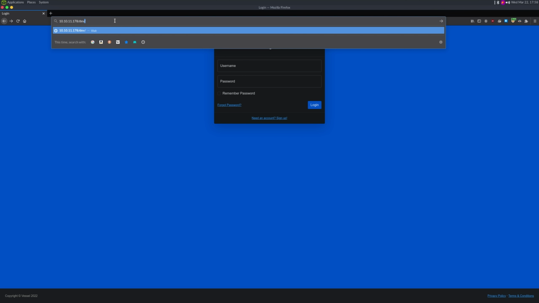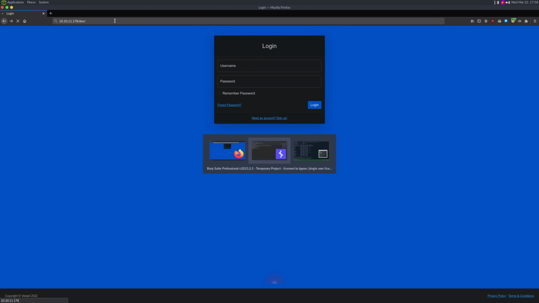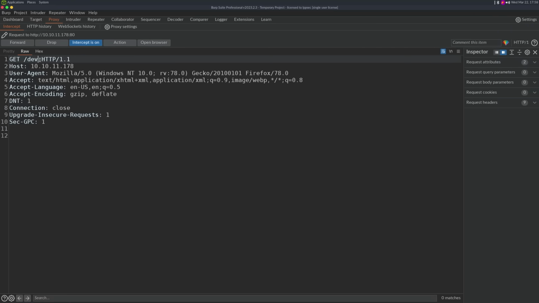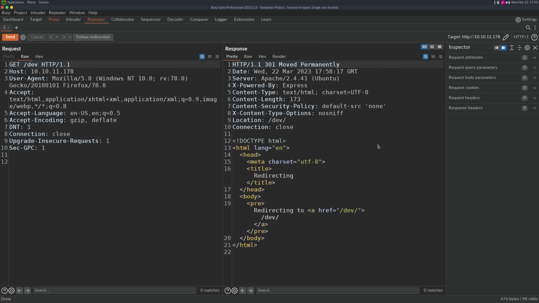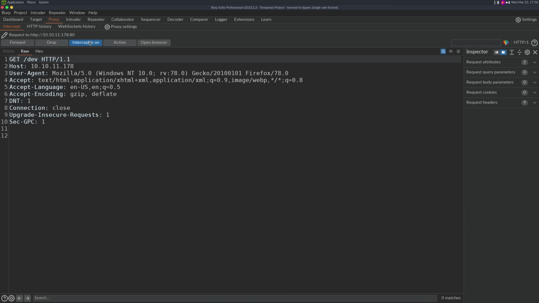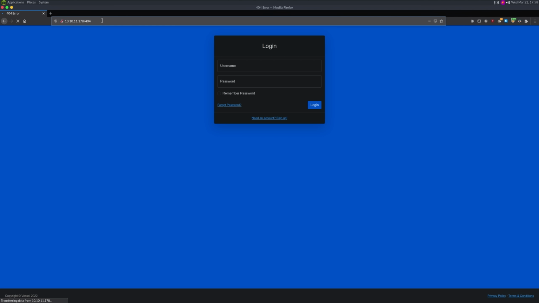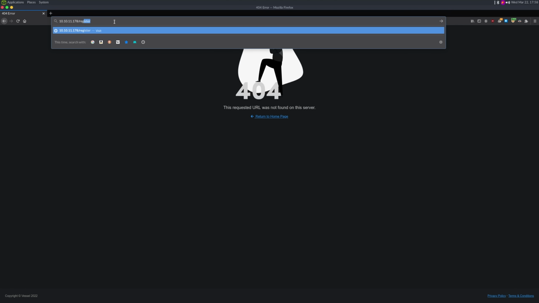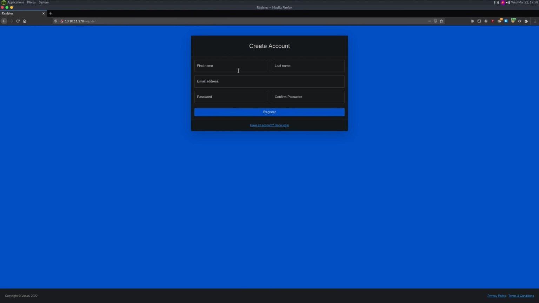If we try to navigate to that, let's go to Burp Suite, send it into Repeater, and we can see dev goes to dev with a trailing slash so we can follow the redirection, and it redirects us somewhere else to go to a 404. Now this is a little bit of odd behavior because I guess we don't have access to this folder. But if we go to the register endpoint that it also showed us, and we just